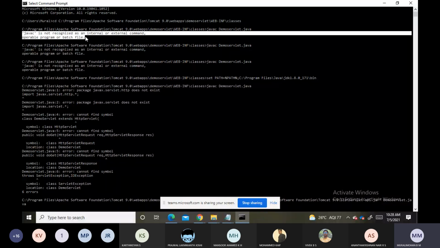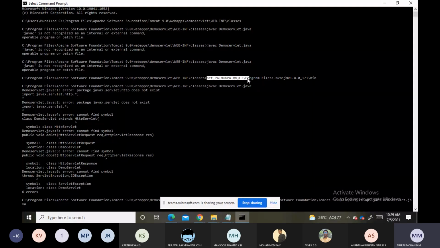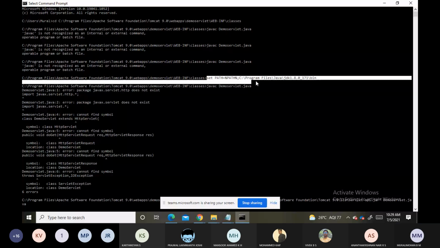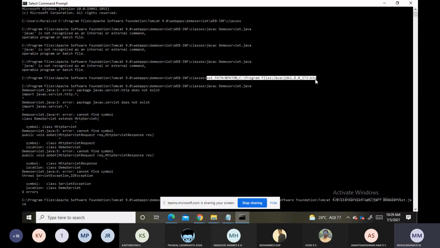So for that, what should we do? We should set the path. How to set the path? You use set path where your bin folder is. Where is this JDK 1.8 bin folder?